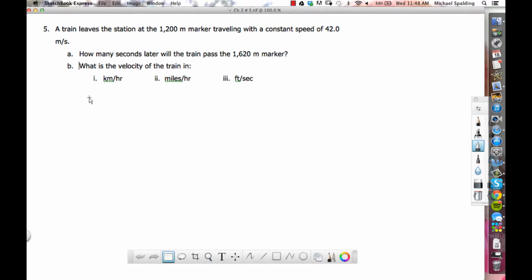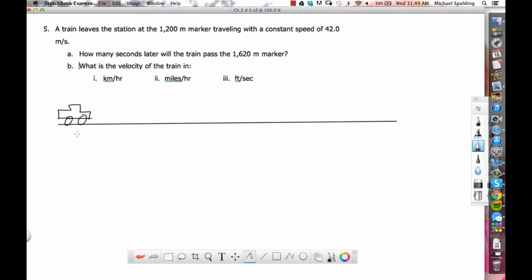Okay, so number 5, we have a train that leaves a station. I'm gonna draw this as a car because I can't draw very well. So always start with a diagram. Doing a diagram is going to help you a lot. So here's a car,